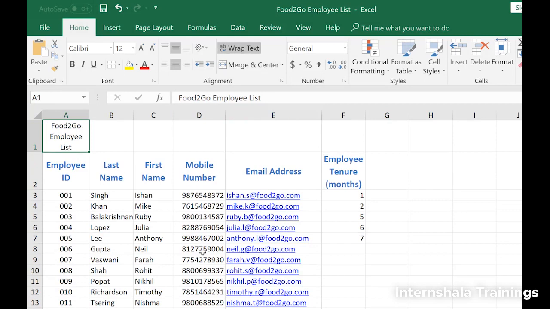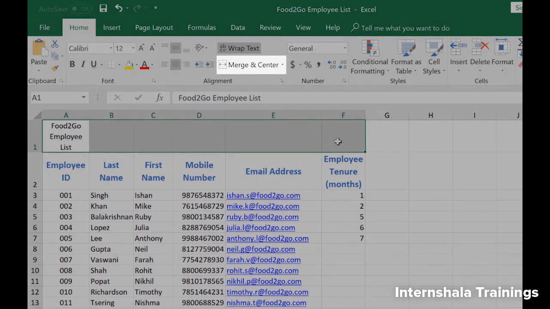But what if we don't want to squeeze all the text into the space of one cell, yet we want to maintain the column width for the table below? In this case, we can use the merge function. Merging allows us to combine cells that are next to each other into one big cell. So if we want our title to span row 1, columns A to F, we just need to highlight these cells